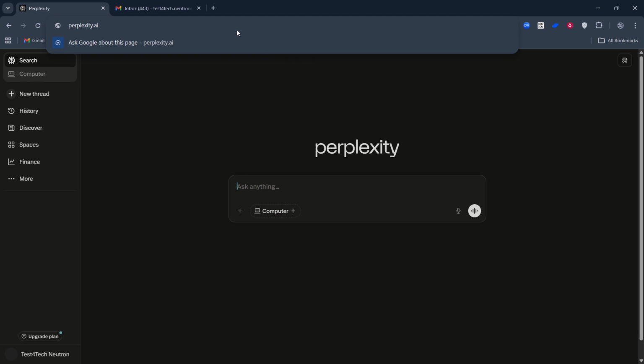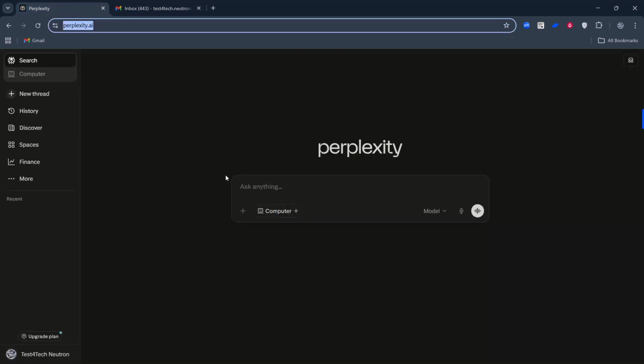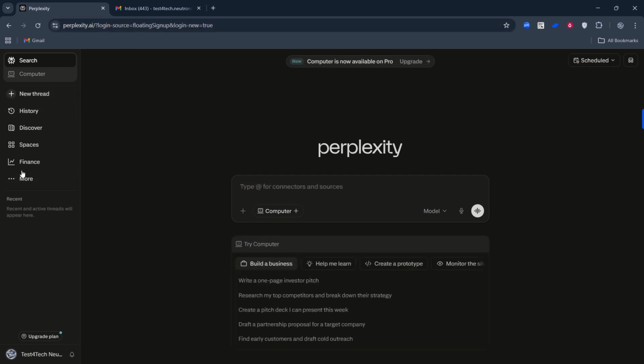If the email includes a one-time code instead of a link, follow the instructions in the message to finish signing in. After you've verified your login, you'll be signed in automatically. You should be redirected back to Perplexity AI, where your account is now active. If the page doesn't refresh on its own, try reloading it or navigating back to Perplexity AI.